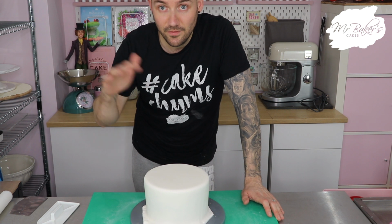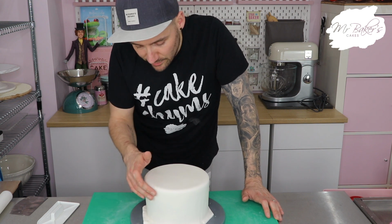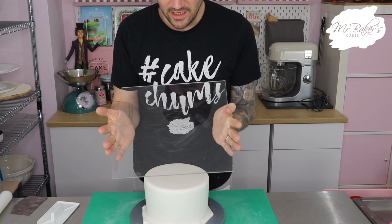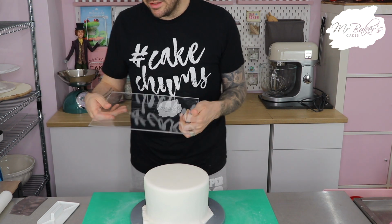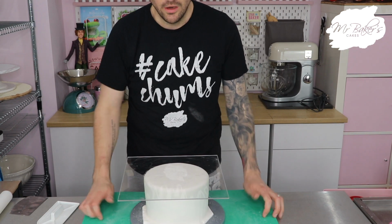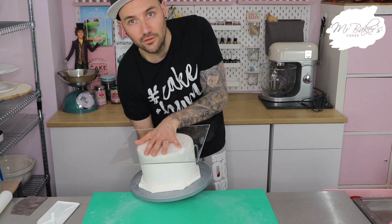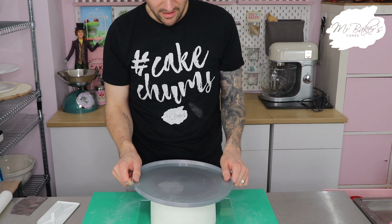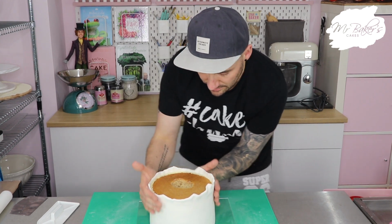I'm going to take my cake and flip it upside down to allow me to work the paste around this corner to make it super sharp and neat, which is kind of all the rage for cakes at the moment. I take a piece of acrylic, so just plain food safe, so it's not been used for anything else at all. Acrylic plastic. I dust the top of my cake very generously with corn flour, and I put the plate on top. And then the scary bit happens. I'm going to put one hand underneath, one hand on top, and flip it over. And then lift the board that the cake was assembled on off, and I'm going to bring that paste up over that edge,